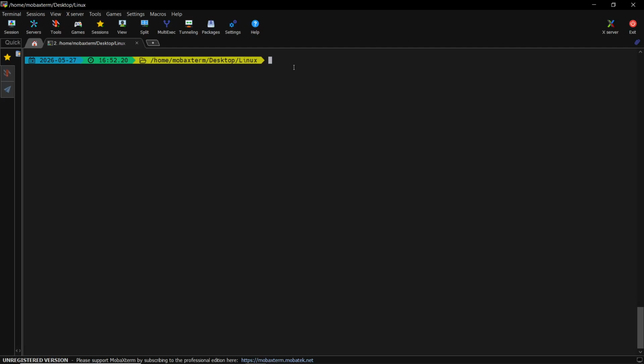So in this session, I will be discussing the first topic, which is permission and executable script. First, what is permission? Permission defines who can read, write or execute a file. Read permission means we can open or view the file. Write permission means we can modify the file, and execute permission means we can run the file as a program